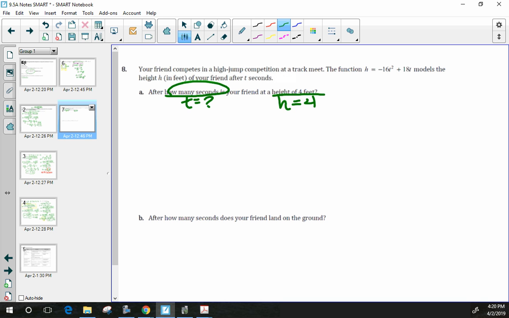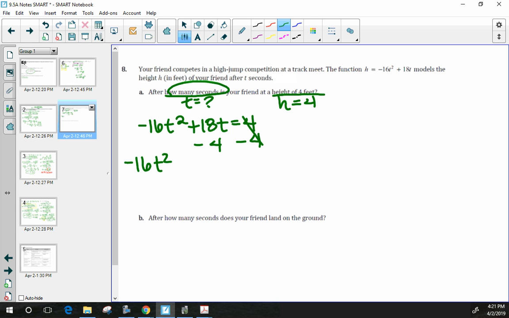So I'm going to go ahead and take this function we were given, and set it equal to 4. But then pretty much as soon as I do that, I'm going to move that 4. Well, I guess I need to decide my method. I'm thinking here, these are big numbers. There's an a value. Maybe quadratic formula would probably be the best here, just because I don't see things factoring very nicely. So I'm just going to move the negative 4, set this equal to 0, and then I'll just use the